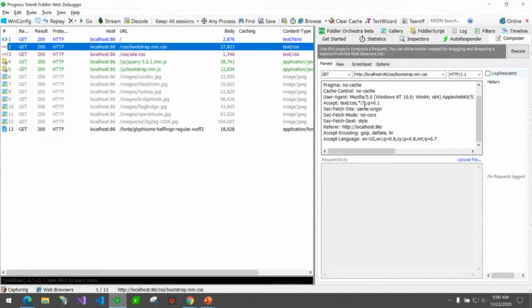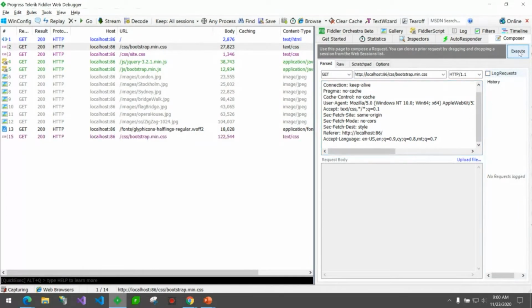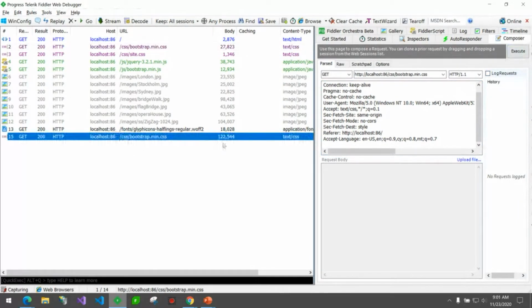You can see all the headers here. I'm going to take off that accept encoding again manually. So I just take that off and I hit execute. And you can see now it's not compressed. So just a quick example of I can literally create anything I want. There's a lot of times I'm doing security testing or other things. It's hard to make a browser do certain things, but it's easy to come in here and just manually create my own request. Another thing I could use this for,